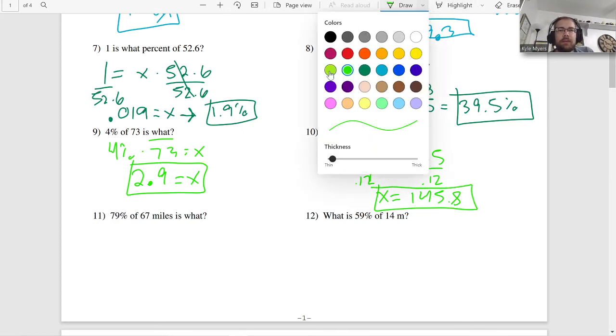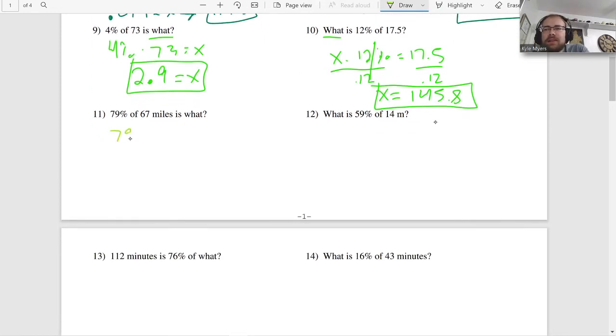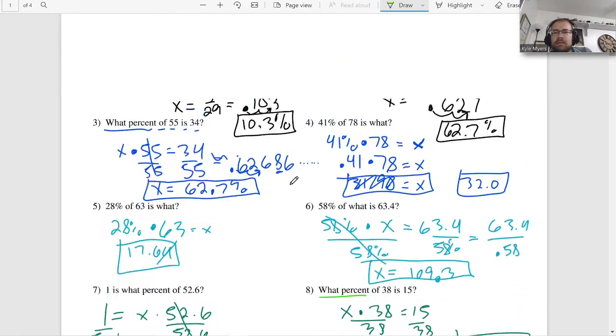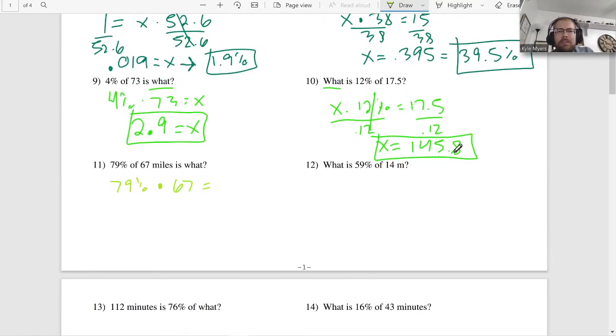All right, let's look at the next one. So it's like a lighter green here. 79% of 67 miles is what? Okay, so here, notice there's units. I don't remember there being units until now. Yeah, there's units now. So if your teacher's not a stickler, then this doesn't matter. If your teacher is a stickler for things like this, then you want to make sure you include those units. So, don't forget. 79% is 0.79